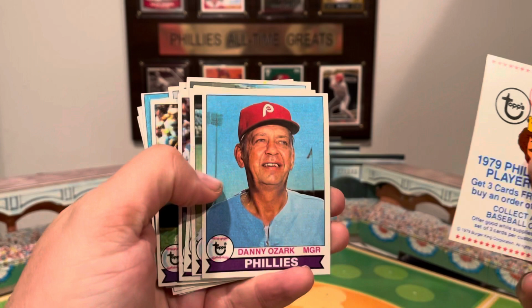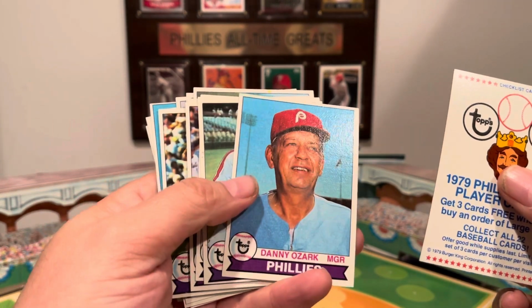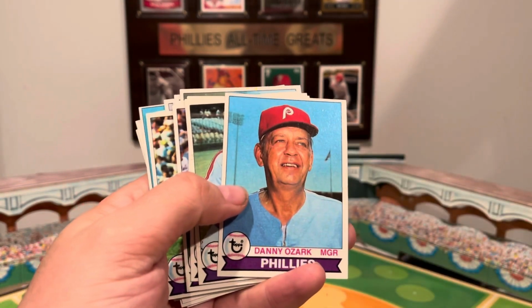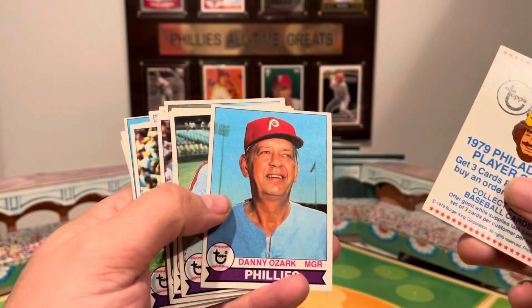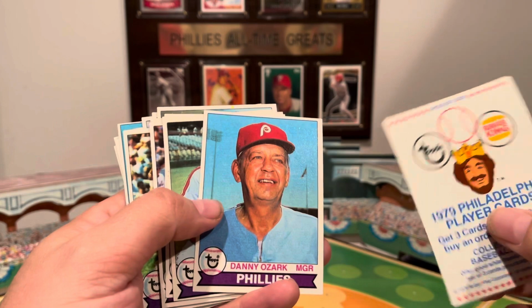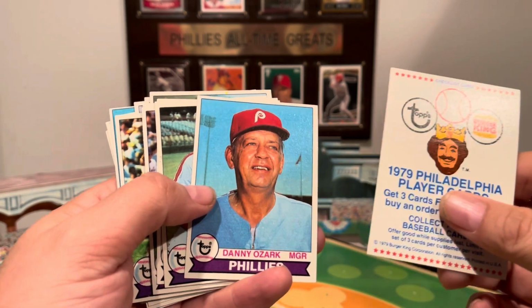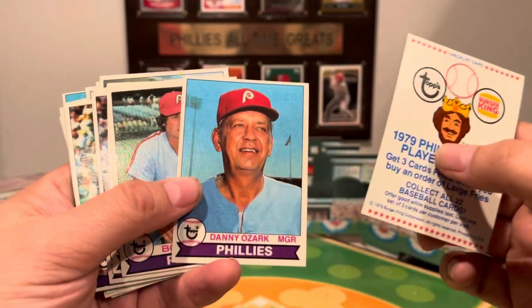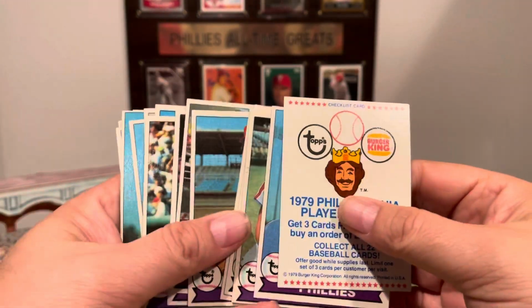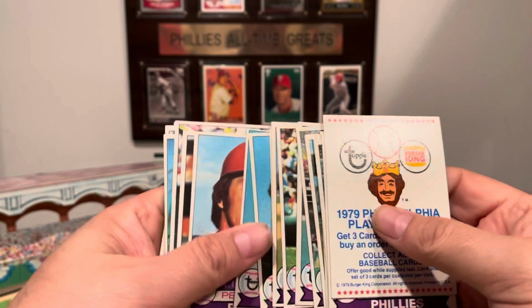The manager card, just like with Wednesday's video, if you saw that, they did not make manager cards. The manager's pictures were included in the top corner, or I think down below with the Topps set in 1979. The manager's picture was on the team card. So this card of Danny Ozark, manager of the Phillies, didn't exist in the base set, as well as this